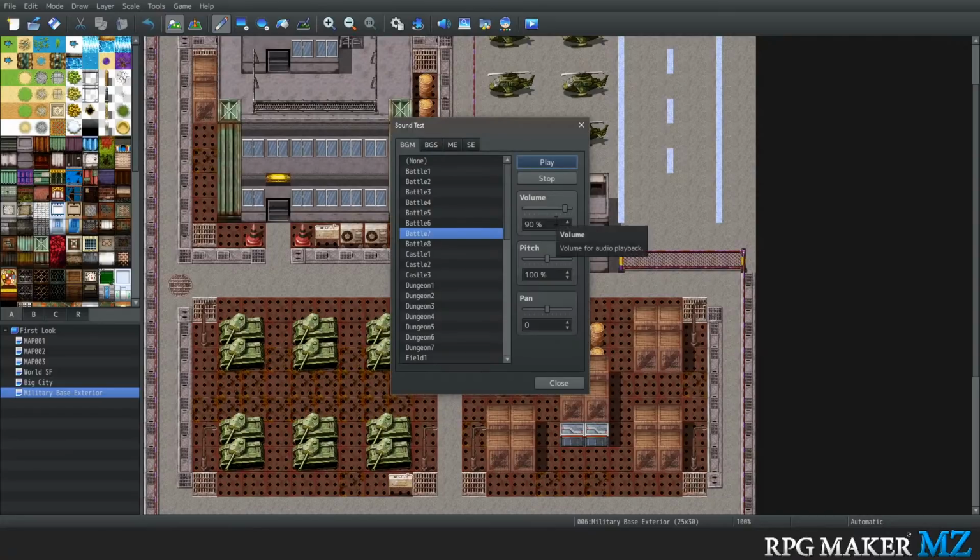Yeah, you need to use Effekseer to customize the animations. But it's a free program, so